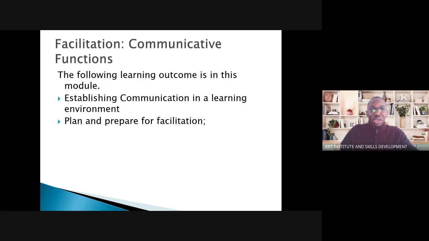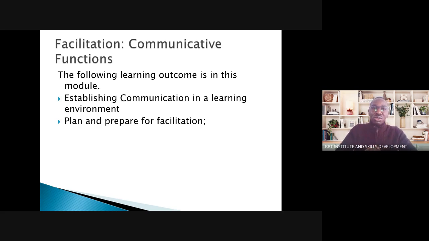And once you are able to mobilize, once you are able to organize resources, once you are able to schedule timetables, venues, materials that you're going to use, and then prepare the activities or topics that you're going to facilitate on, that's only when you are able to conduct facilitation. That's when you meet individuals. So in doing so, we take you through two main modules.